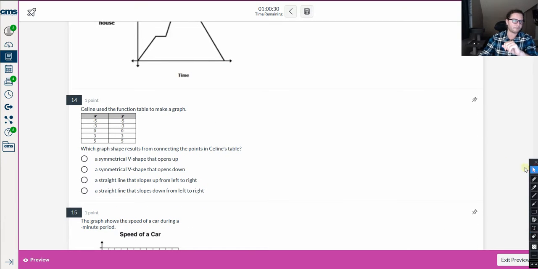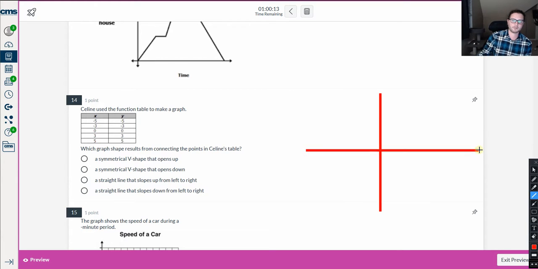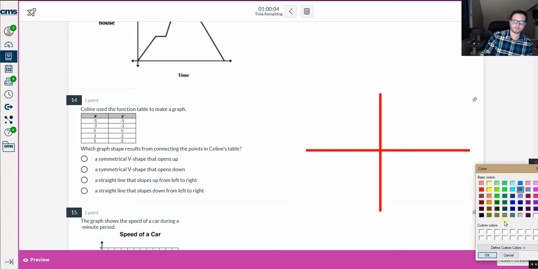For number 14, it says Celine used the function table to make a graph. And it's saying which graph shape shows the connecting points in the table. So let's go ahead and just draw a rough sketch really quick of our graph. We don't have to make this exact, but we do need to see where certain points are supposed to be. So if I were to draw this graph out,